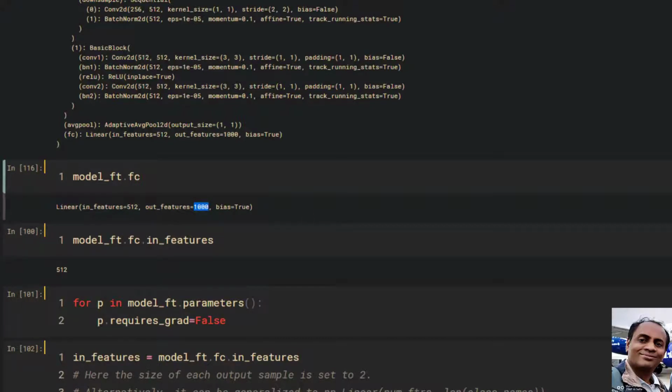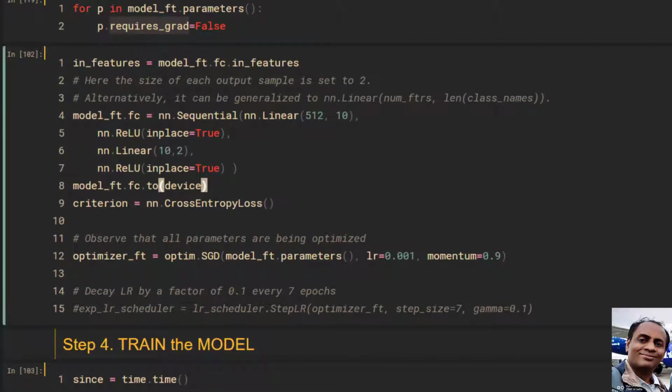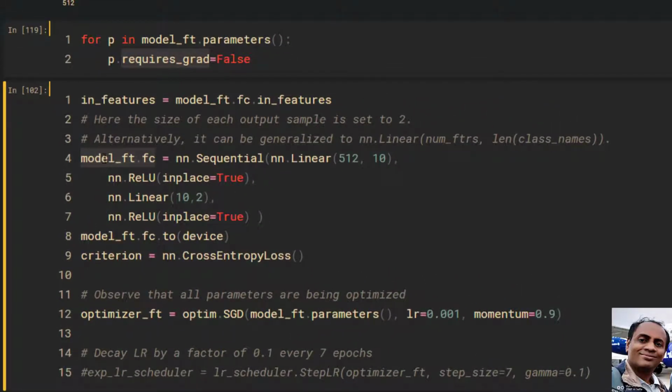So we want to break that and create our own network. Very simple one. The in features should be 512 of FC. We are not training the original ResNet model, so we need to set requires_grad to false for all of them. Okay, that is done. Again I take this number from FC, which is 512. And here we are creating our own fully connected layer,